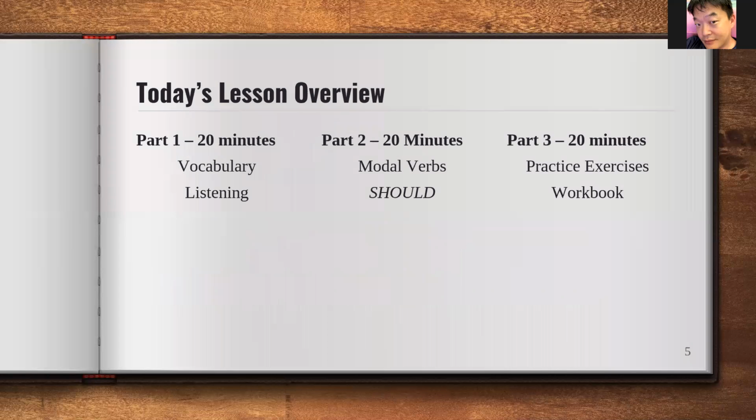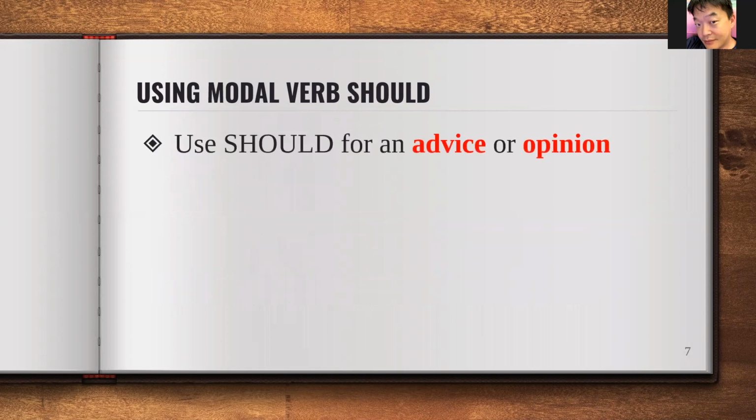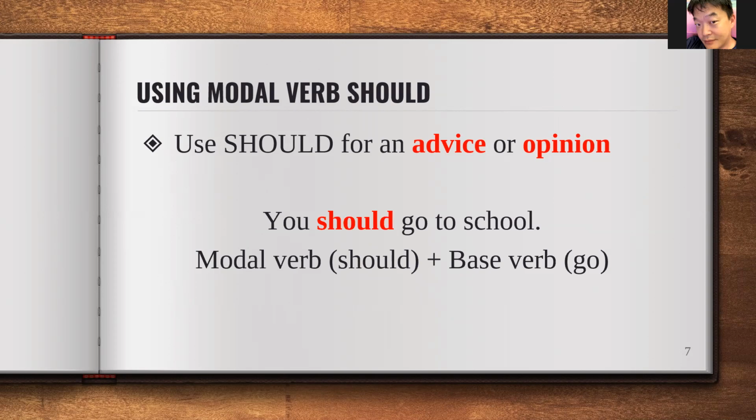So let's go and talk more about should. Remember that when you use the modal verb should, you're using it to express an advice or opinion. So when you want to ask people for advice or an opinion, you use should. Or when you want to express your opinion or give advice, or when people want to express their opinion or give advice, they usually use should. Okay? The important thing is that every time you use should, see, important thing,